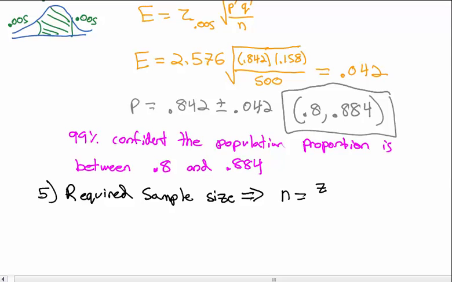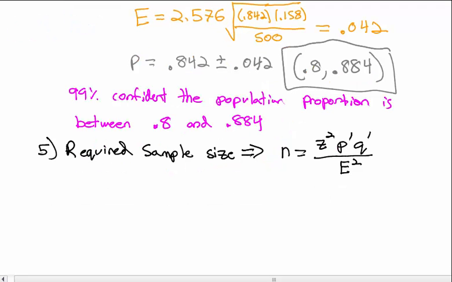So we end up with n is equal to z squared p hat q hat divided by the error squared. So if we want our proportion to be within a certain percentage, we would use this formula to find out how many people we have to interview. So if a company,